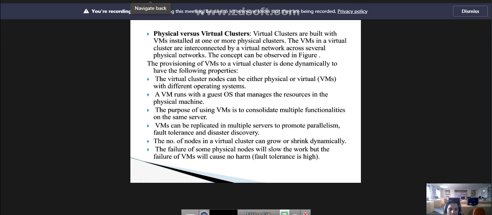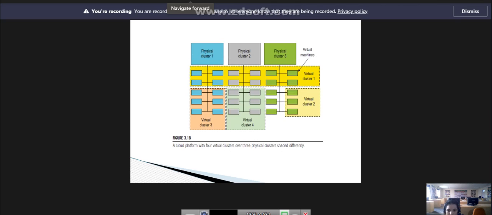So, the work will be slowed down, but if the virtual machines fail, there is no harm. So fault tolerance is very high. Okay. In the virtual clusters,